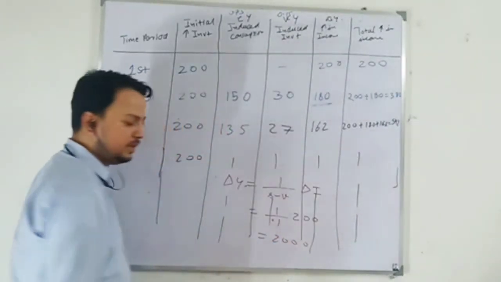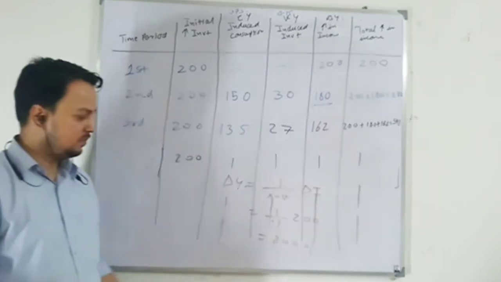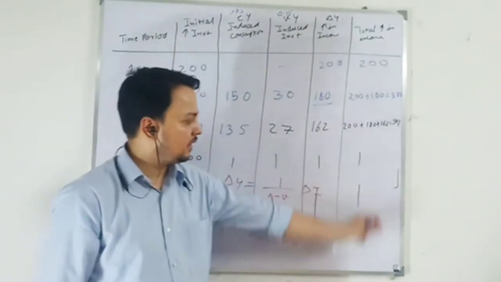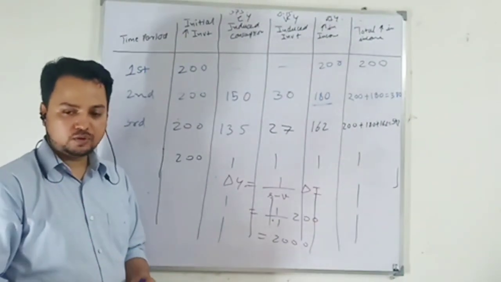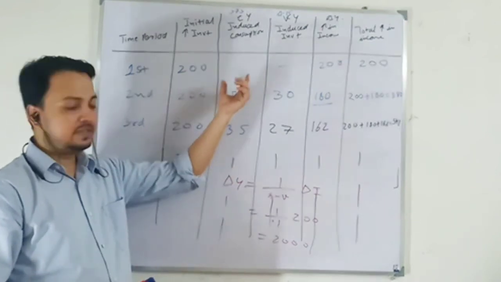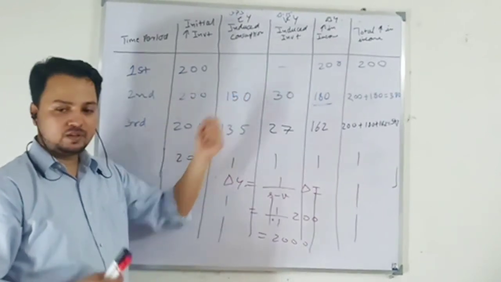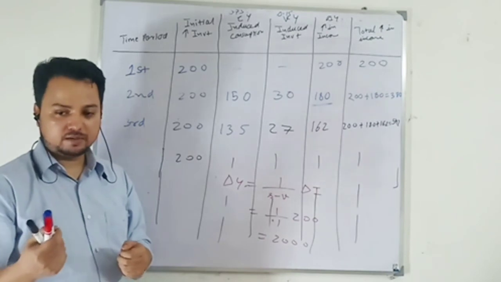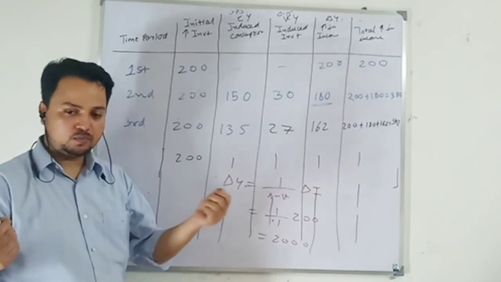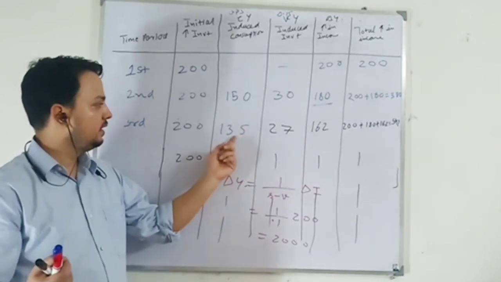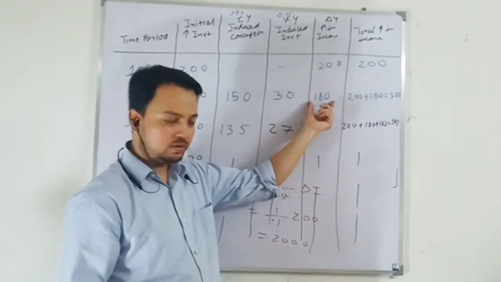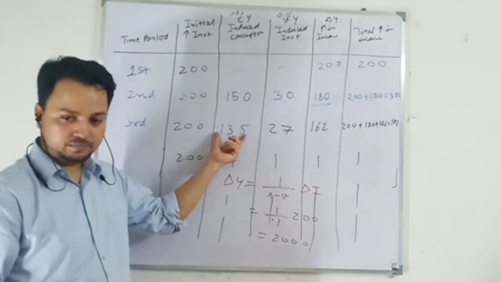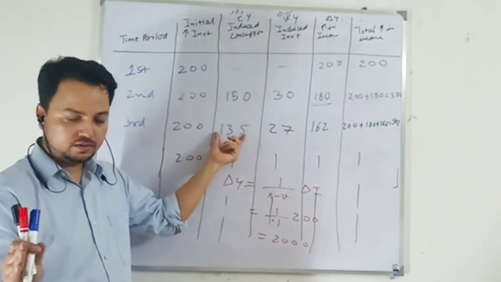So when the change in income reaches 2000, this process is going to halt, and there are two reasons for that. First, part of the income is leakage. Why? Because you are not consuming your entire income. Part of the income you are saving, part you are consuming. So there is a leakage every time. Your income increases by 180, but you are consuming 135, so there is a leakage.